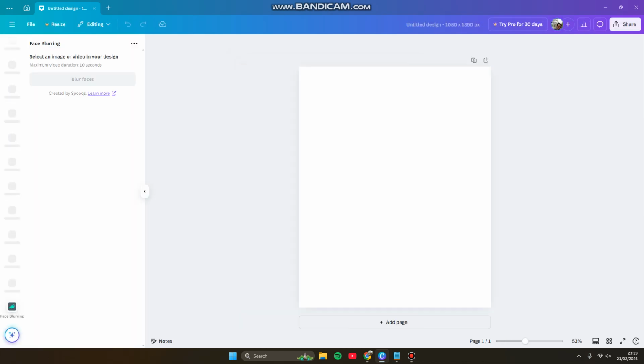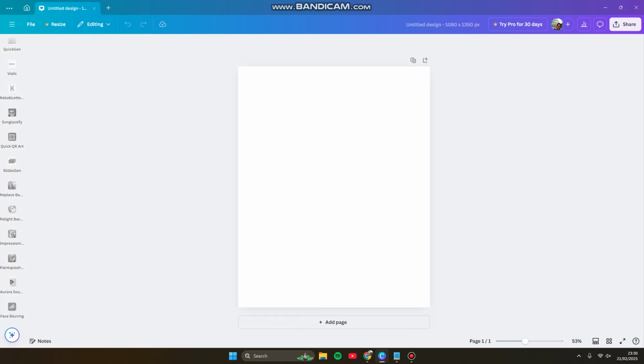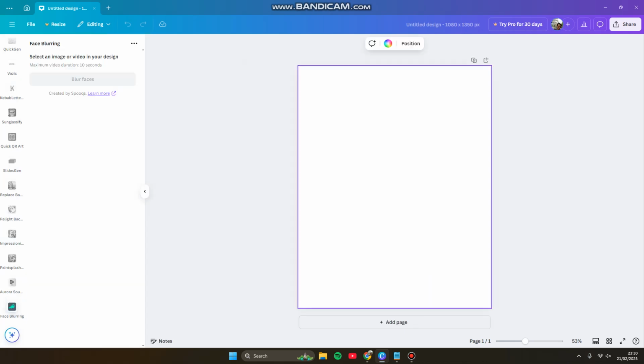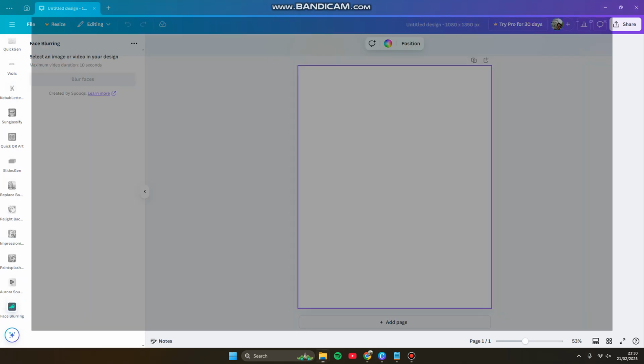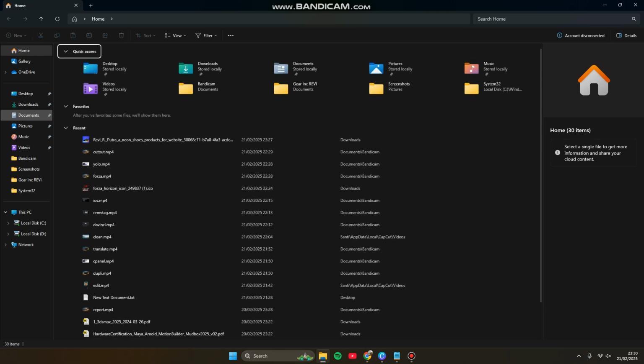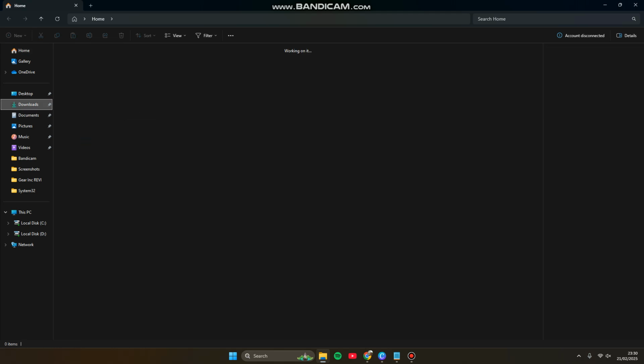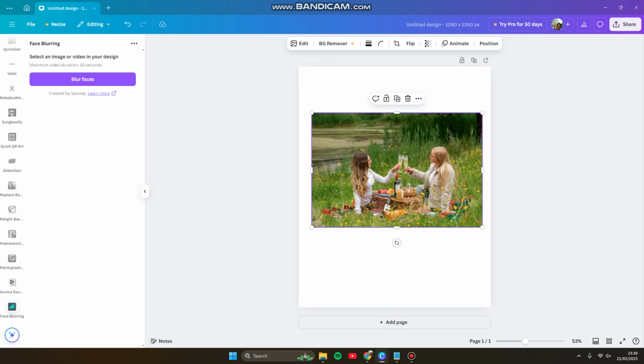Now you have to upload your image. Select an image or video in your design. Maximum video duration 10 seconds. And here let's drag the image, for example, and here we go. So just simply click blur faces,